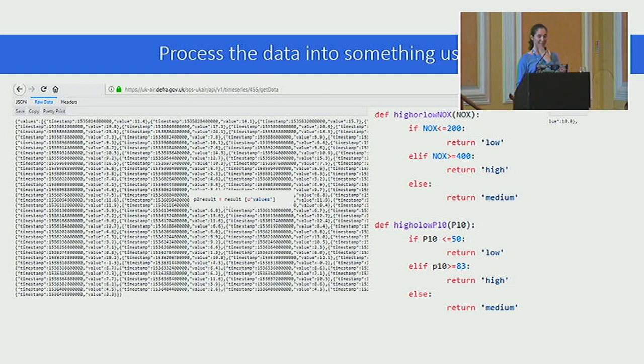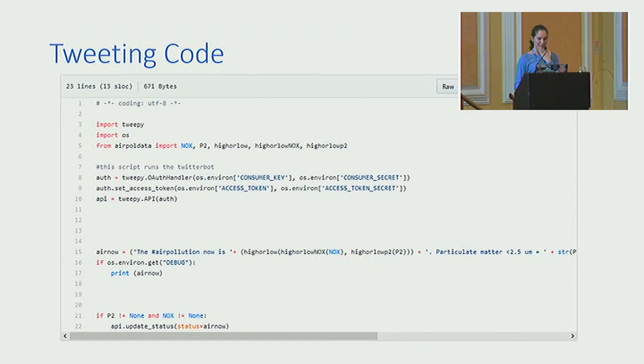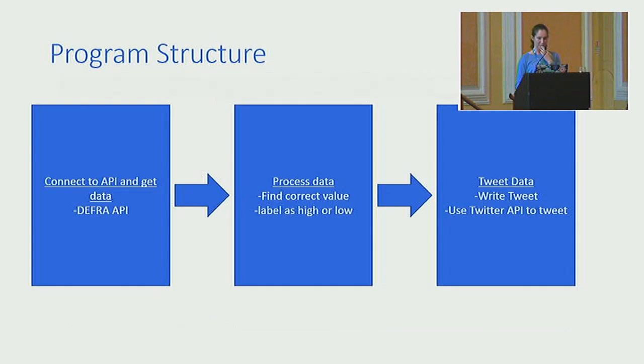And then the final part of building this initial Twitter bot was to tweet the information. And again, tweepy makes this really, really easy. To update your status with tweepy is literally this little bit at the bottom, which is api.update_status, and then what you want to update it to. So that made everything really nice and simple. So at that point, I had everything up and running. It tweeted,